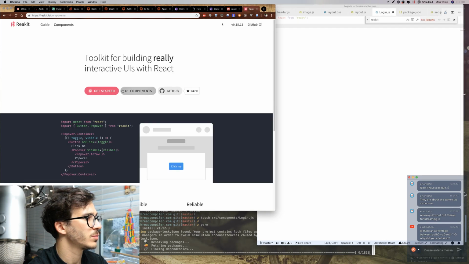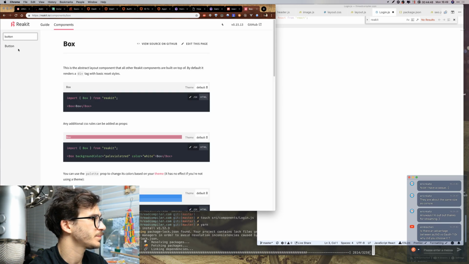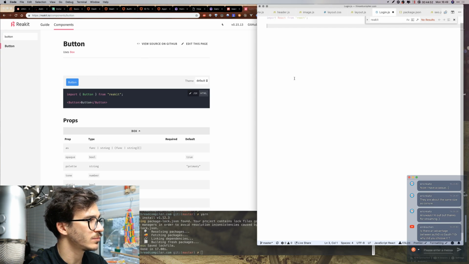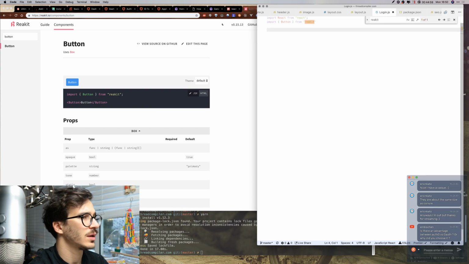Login.js, components, button, wonderful. So buttons, import Button from React and export default